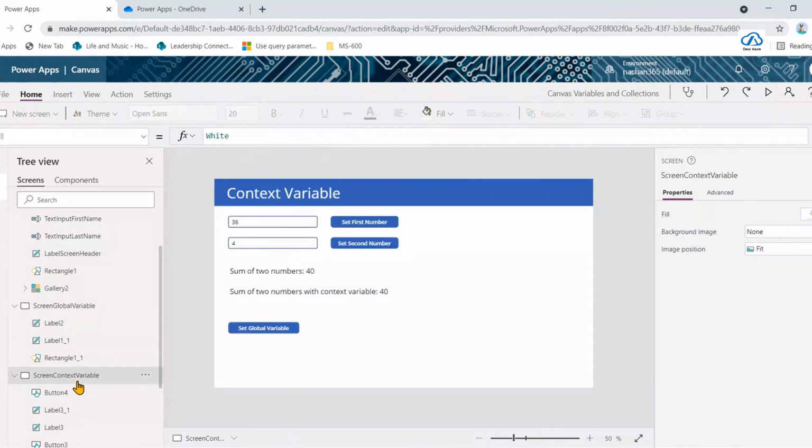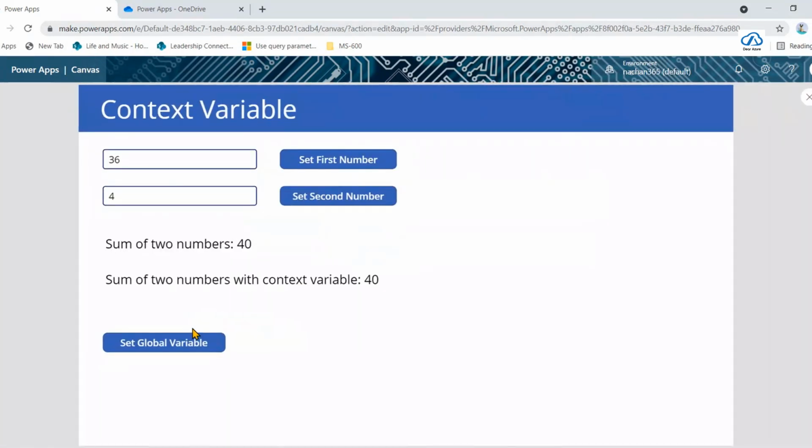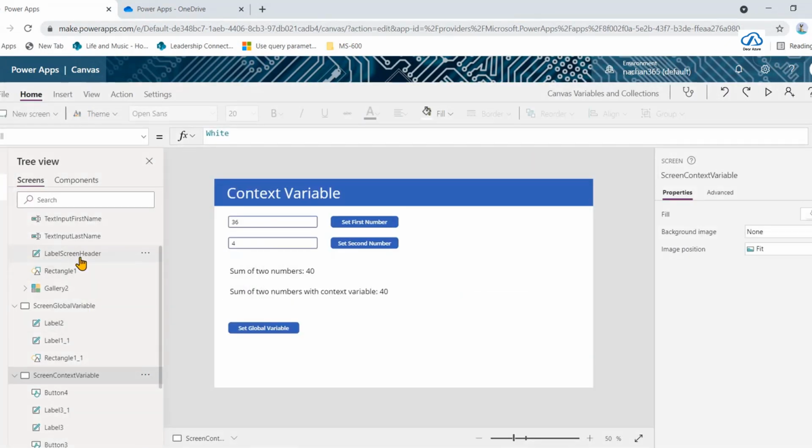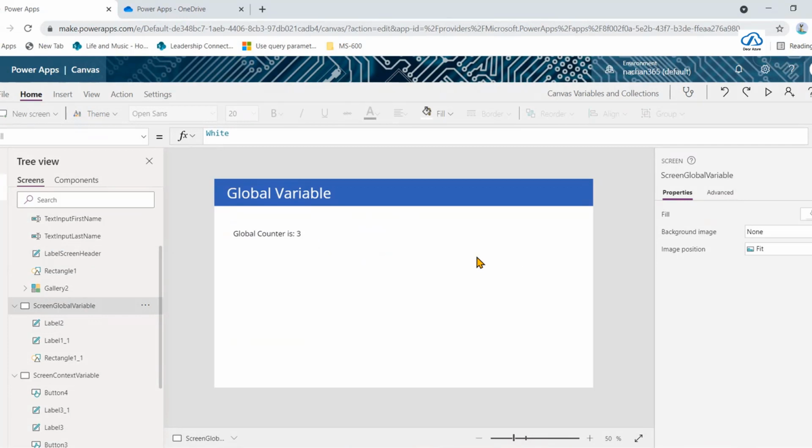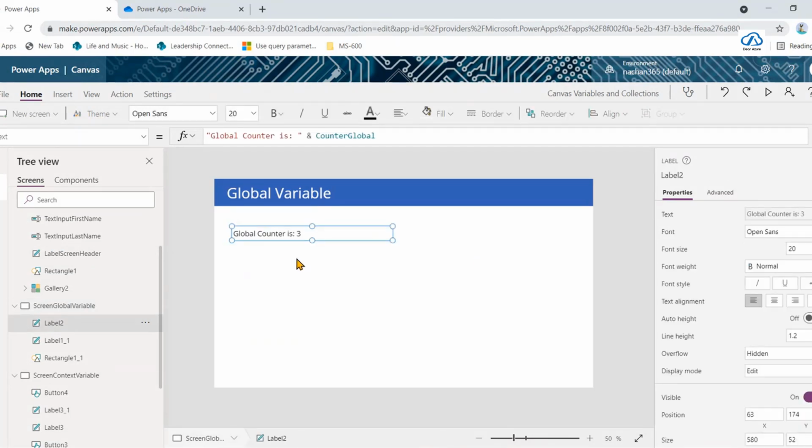So what I will do is go back to this screen, the context variable. I will run this app, and then I will maybe click 1, 2, 3 times. So obviously the value that we have got here should be 3. Now I will go back to this particular screen where we have it, and you'll be able to see that the value of 3